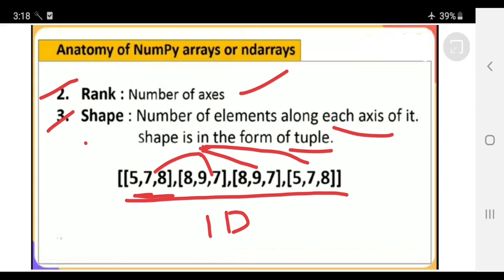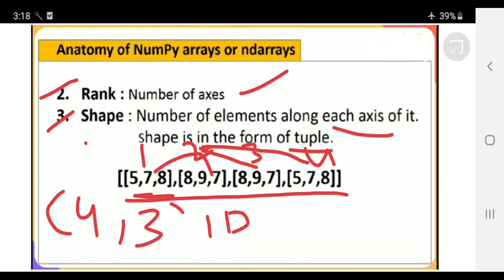Okay, this is one element, and this one is the second pair, third, fourth, so four pairs are there. So the rank is 4. Comma, for each pair how many elements are there? That is, in the second dimension how many elements are there? 3 elements. And remember students, each pair of values should have an equal number of elements. See, first, second, third, 4 pairs will have 3 equal number of elements.